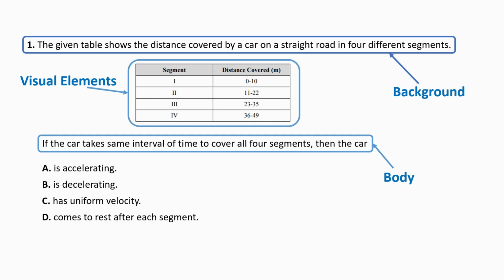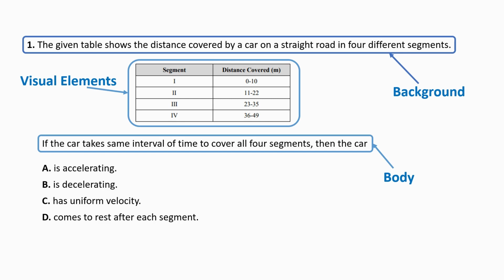जो कि 0 to 10 मीटर है, दैट इज अबाउट 10 मीटर का डिस्टेंस बनता है। इन द सेकंड सेगमेंट 11 to 22 है, दैट इज अबाउट 11 मीटर इन डिस्टेंस। एंड इन द थर्ड सेगमेंट 23 to 35 है, एंड दैट सजेस्ट यू अबाउट 12 मीटर। एंड द फोर्थ वन इज सजेस्टिंग अस दैट द डिस्टेंस इज 13 मीटर। सो अगर हम एज्यूम करते हैं एज पर गिवन क्वेश्चन, कंडीशन ये कि हर सेगमेंट